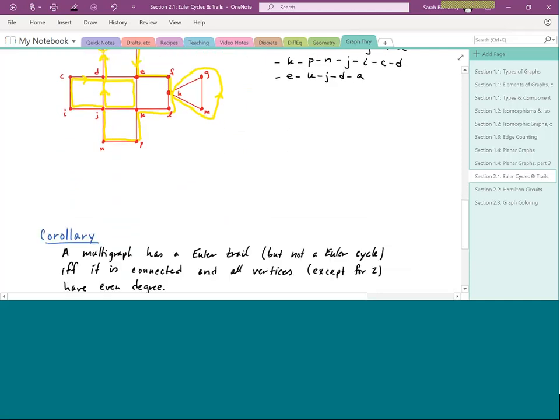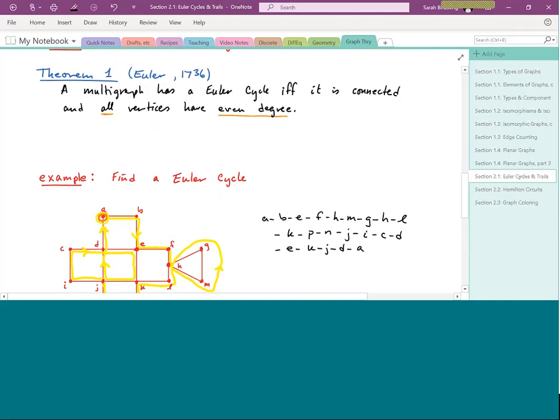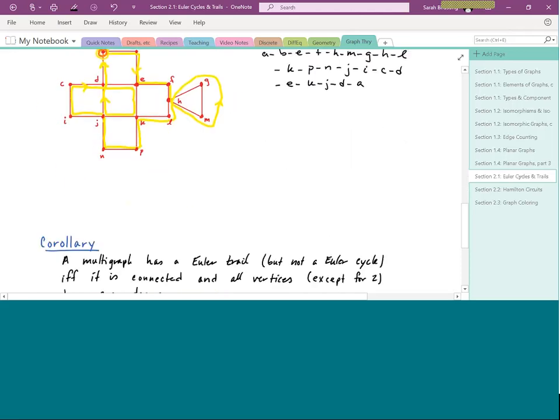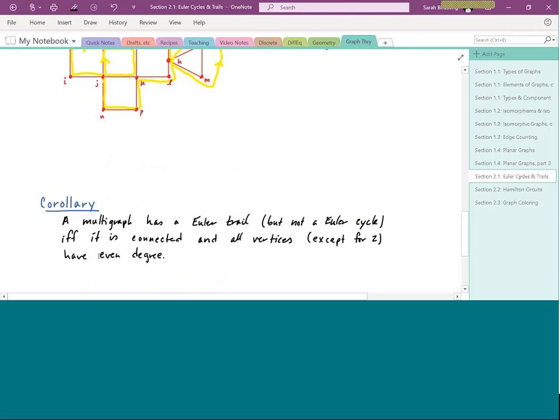So the next thing is actually a corollary, and it's a corollary of this theorem 1. Theorem 1 says you've got this graph. The only thing that's stipulated with the graph is you're not allowed to have directed edges. It's going to have this Euler cycle exactly when you're both connected and all your vertices have degrees that are even. So the corollary is using that same information, but now we're jumping from an Euler